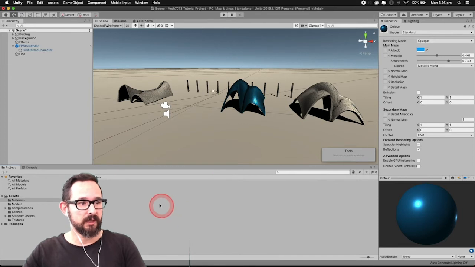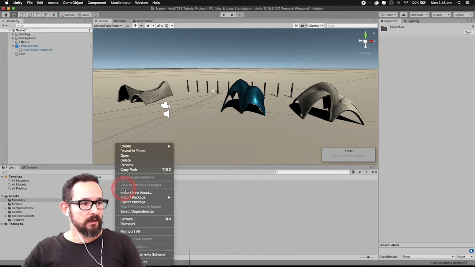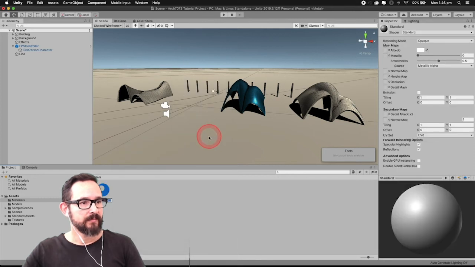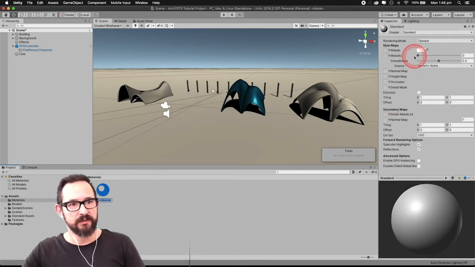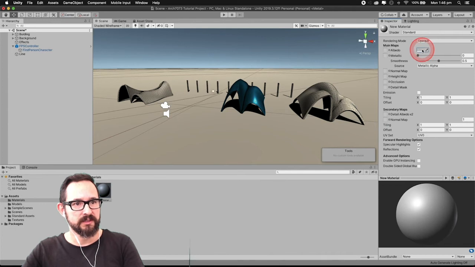I'm going to make a new one, create new material again. Sorry, create material, and this one is going to be the same. I'm not going to change any value on the metallic or the smoothness, but I'm going to try to have more or less the same color. You click on the box,